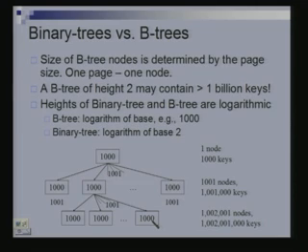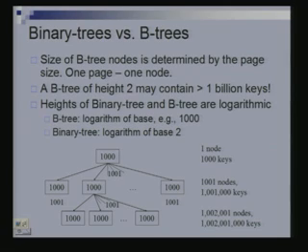So, how many disk accesses would you need? One to get this, one to get this, and one to get the actual data, the information associated with that particular record that you are trying to access. So, how many disk accesses do you need? The height of the tree. So, to reduce the height of the tree, you want as little height as possible. So, how can you reduce the height of this tree?